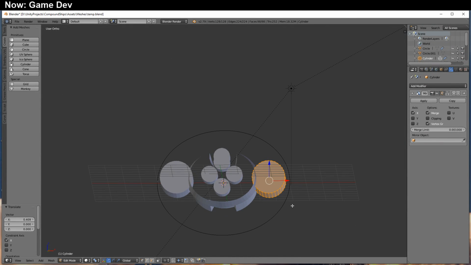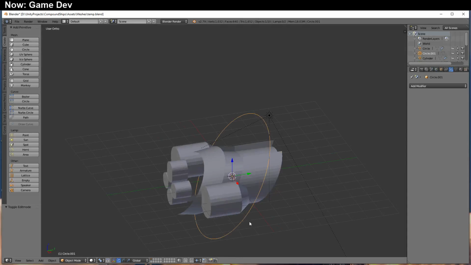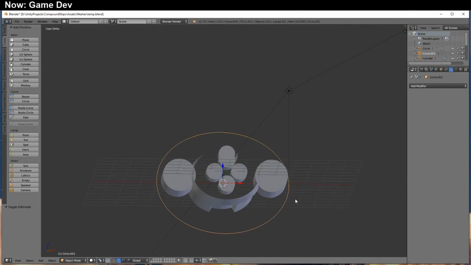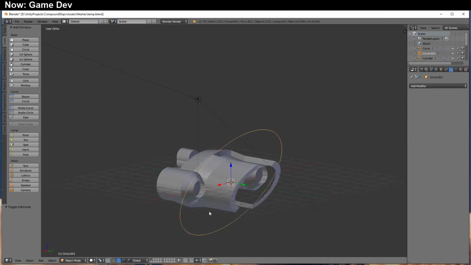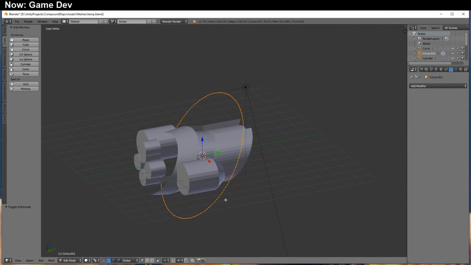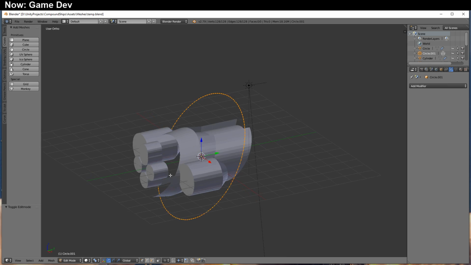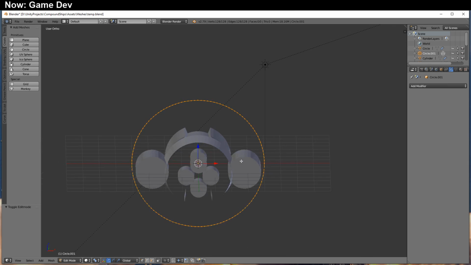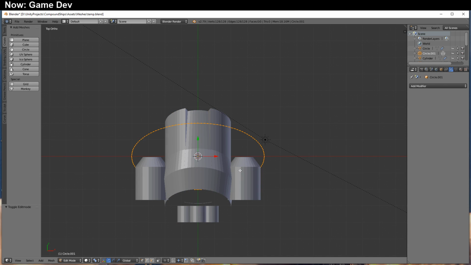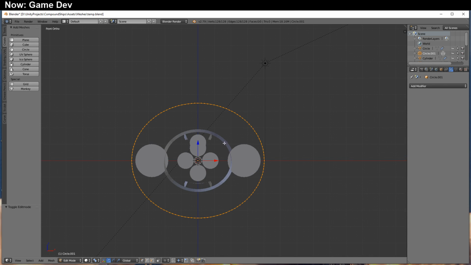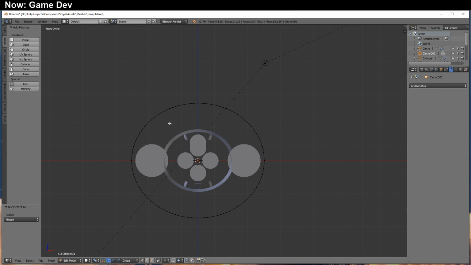But you can see how my guesstimate on how large this ring needs to be is roughly correct. It's a lot larger than you might think, and that's just the nature of the beast. So if we are going to try to work with this, what we're going to want to do is have it swoop in here, and I think the best way to do that is to just grab this left-hand side,